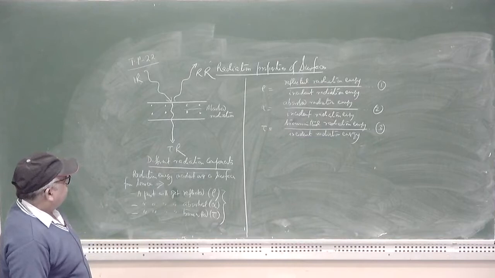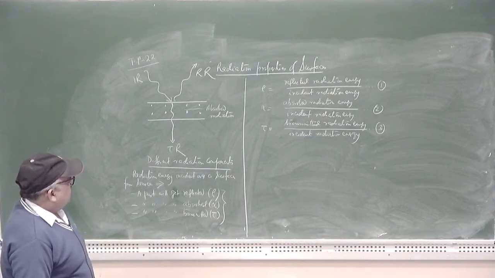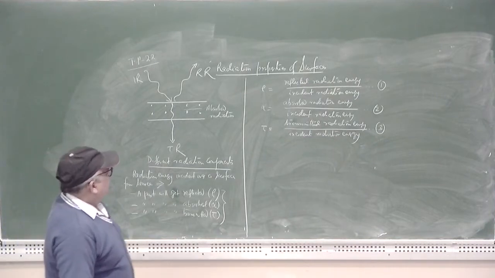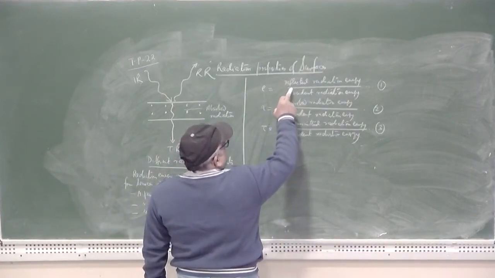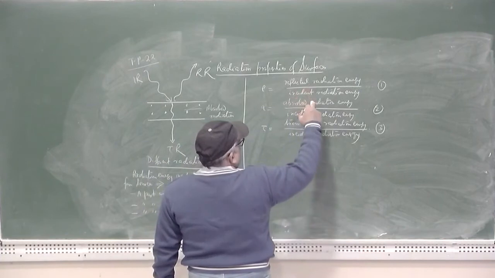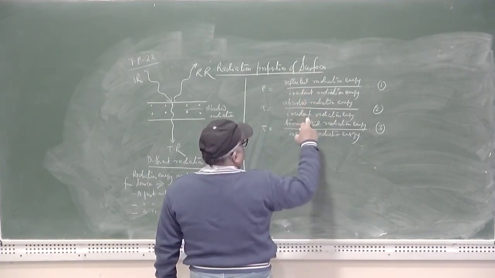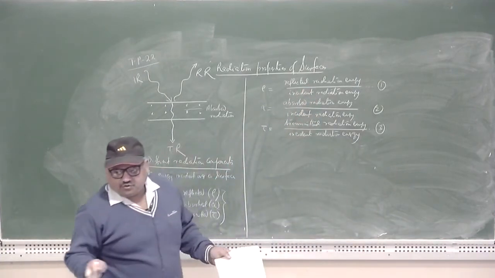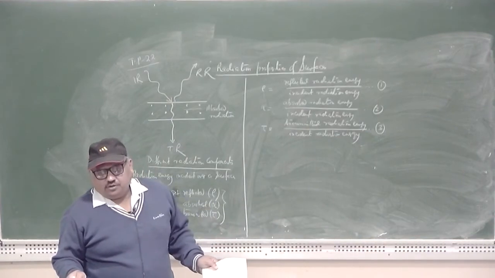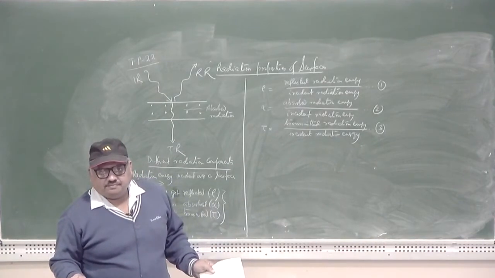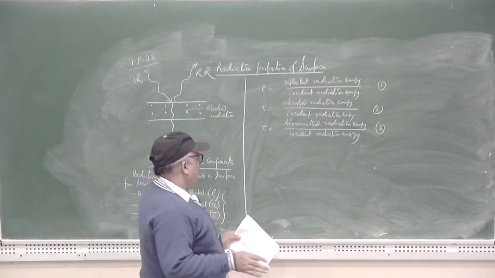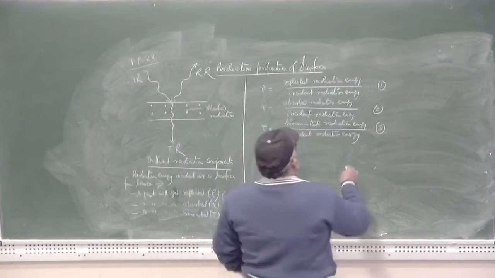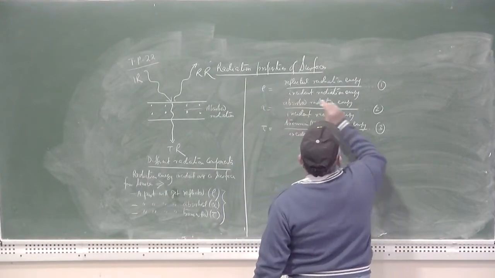So, if I add this reflected radiation energy plus absorbed radiation energy plus transmitted radiation energy, that should be equal in magnitude to the incident radiation energy. Definitely that should be there. So, this quantity rho